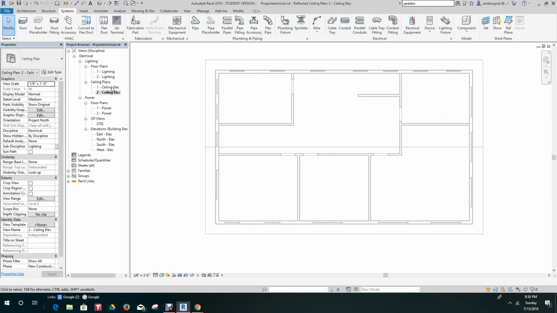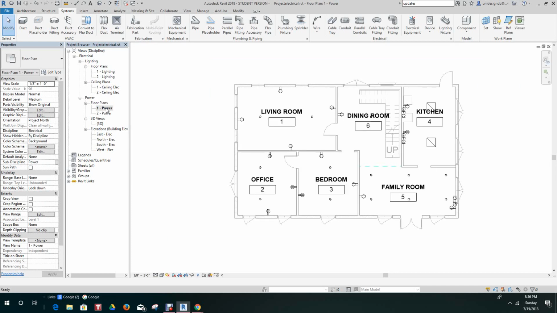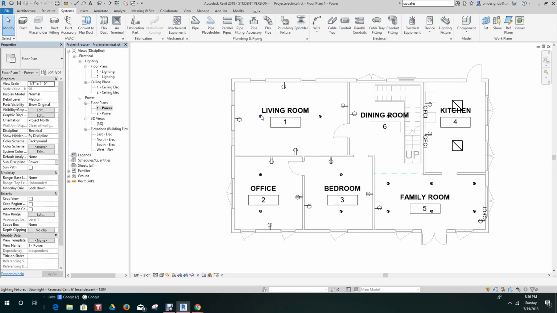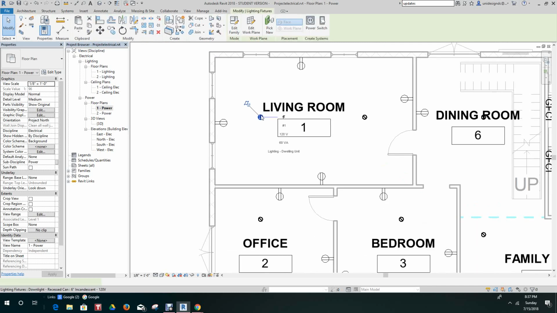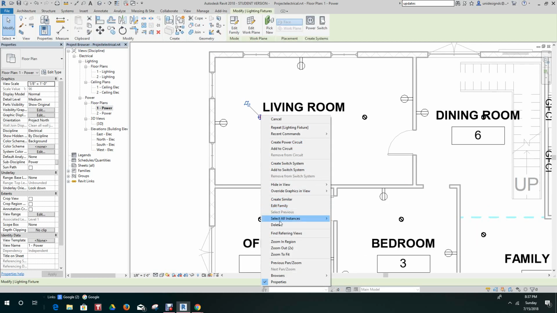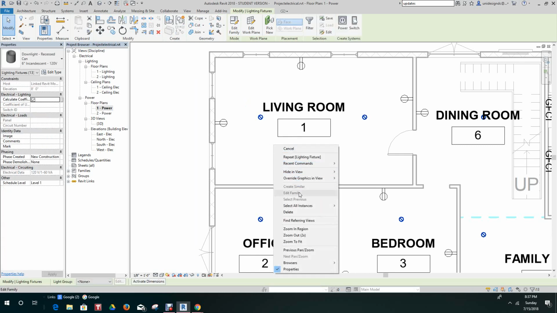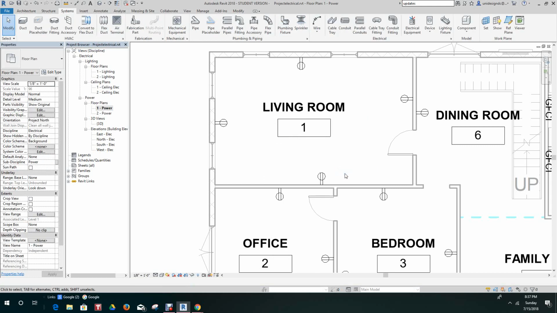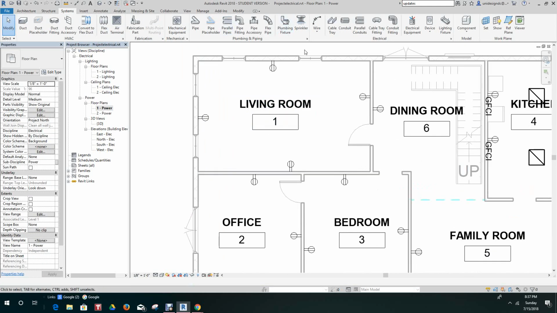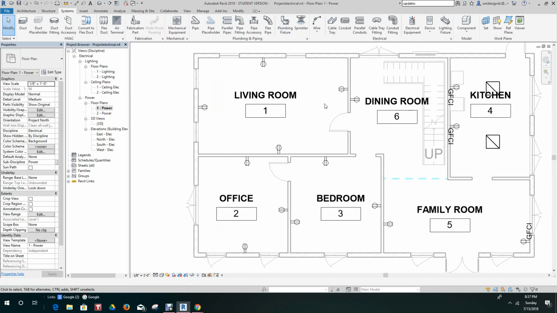And another thing we're going to do, since we're in here now, let's go back to level 1. And you see we got light fixtures here. We don't necessarily need them in this view, so we can right click and select all these instances in view, and we'll just right click, hide elements. Now the next thing we want to do is go ahead and add all our switches. So we go back to the Systems tab, Device.